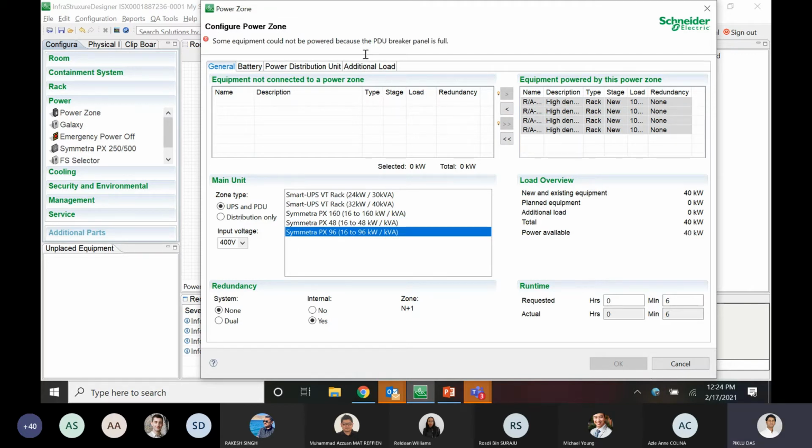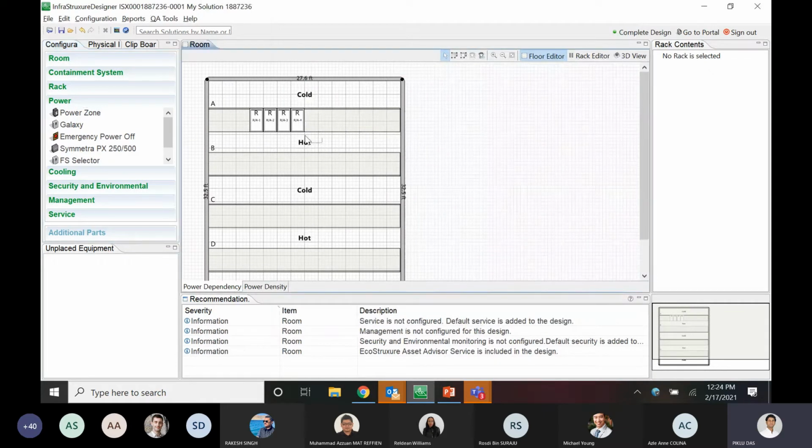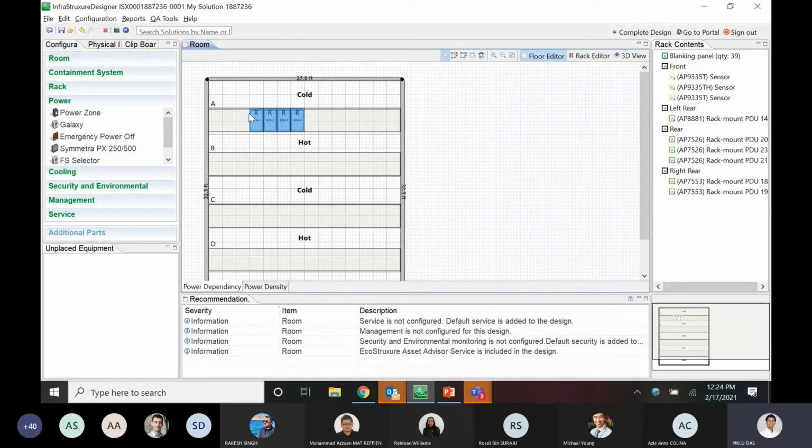But you can see that the configuration I did for the racks is not properly managed, so that is the reason we are getting this error, where the PDU breaker is full. So I'll go back and do some modification.